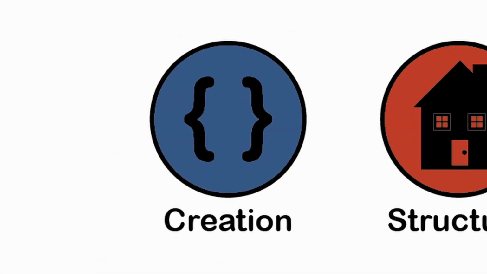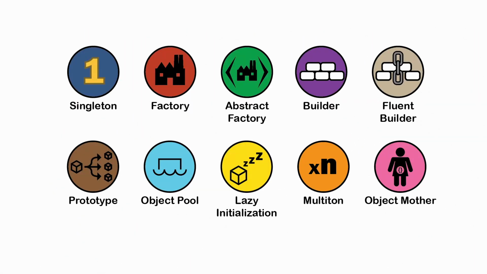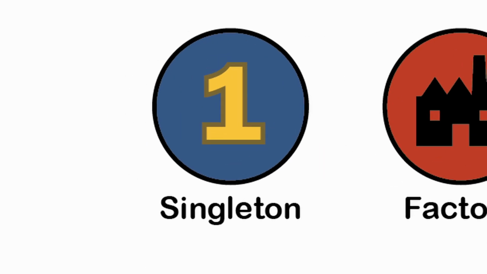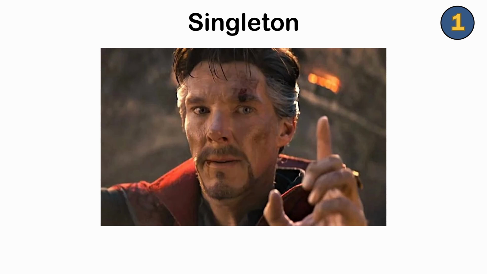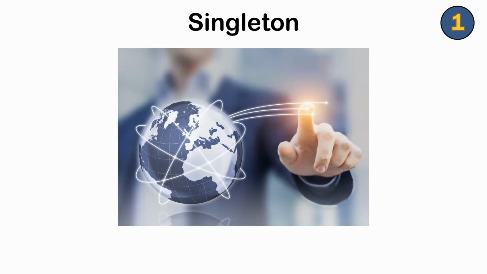Creational patterns. These patterns help with dynamically creating objects at runtime. The Singleton pattern. Used when you only want one of something. Singletons ensure there's only one instance of a class at any given time, and that it can be accessed from